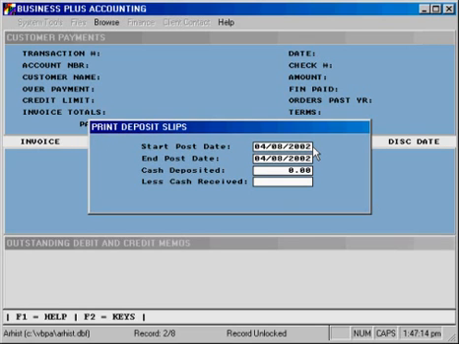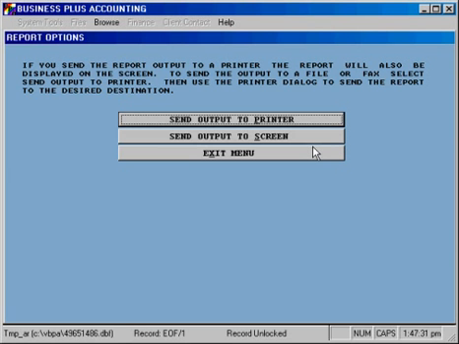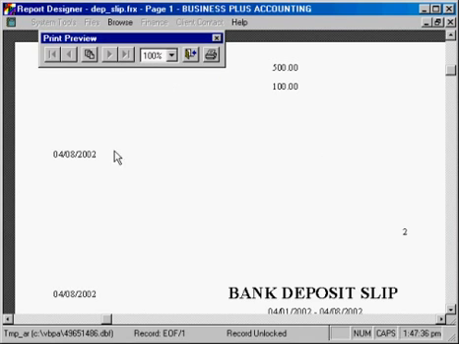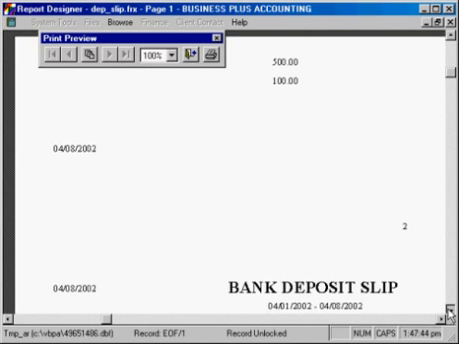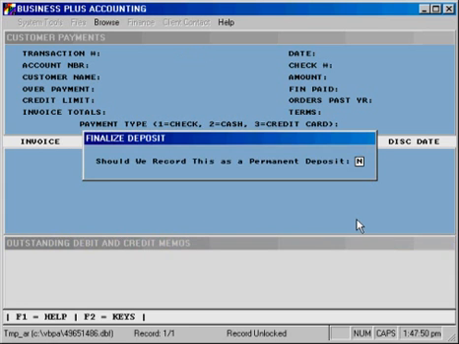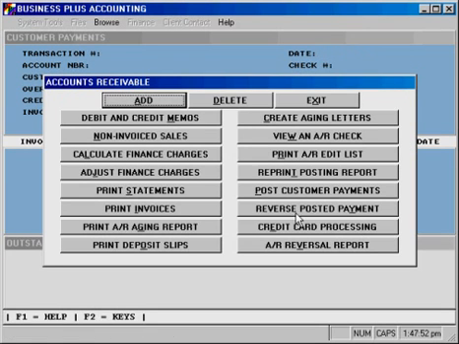So you'd put in the date range that you want to use for your checks. We'll say we're going to deposit everything since the 1st of this month, and then you have the ability to add a cash amount that you're including with the deposit, and of course minus any cash that you're receiving back if you're doing so. It's kind of hard to see the format because I don't have the form laid out before you here, but you can see that we're listing out checks that have been entered, and then down below you see some subtotal information. And then you have the option to mark that as a permanent deposit, in which case it will be recorded